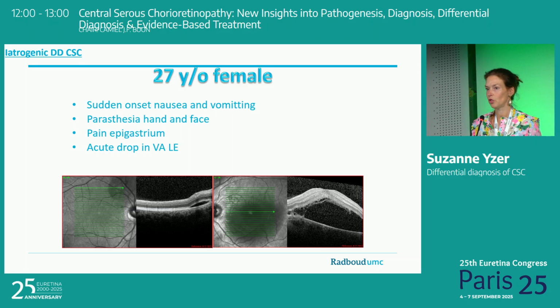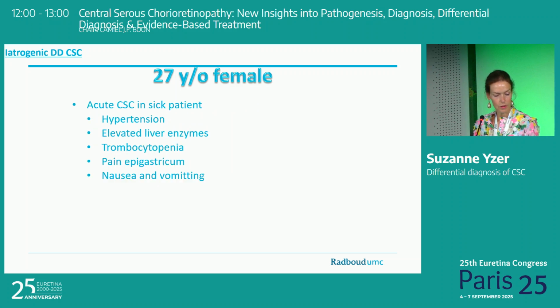We made the OCT, but she was actually too sick for fundus photos and everything else. So she was returned to the neurology department. And so we sat down and we looked at it. It was like, this looks like acute central serous keratinopathy, even with these changes here. Like, what is this? Subretinal fluid, abnormal changes in the choroid.